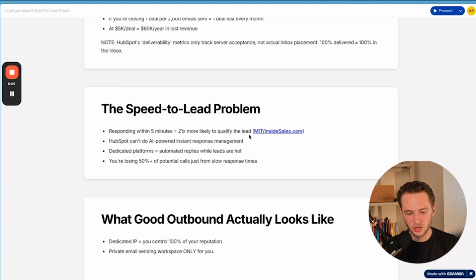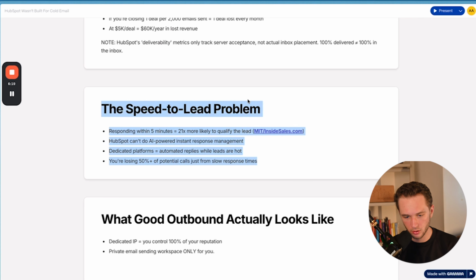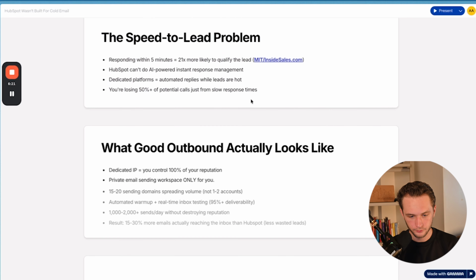So you're losing 50% of potential calls just because of slow response times. And if you had a dedicated inbox management system, this would go away completely because you can get back to people instantly, with better responses and quicker. So that solves the speed to lead problem, which you're having with HubSpot. Now,